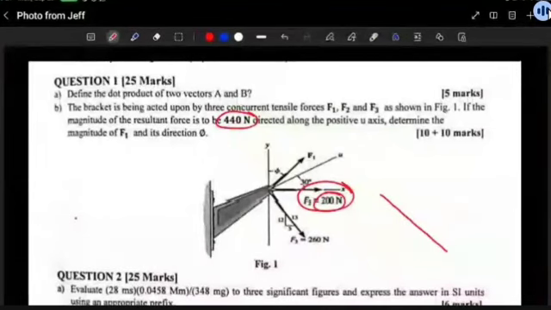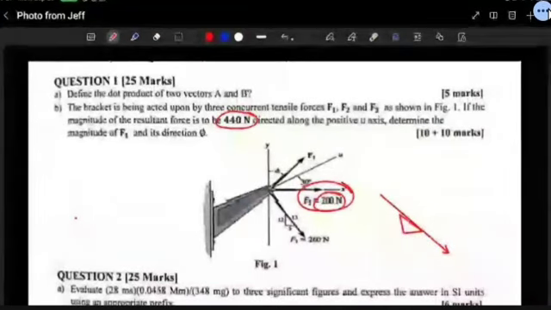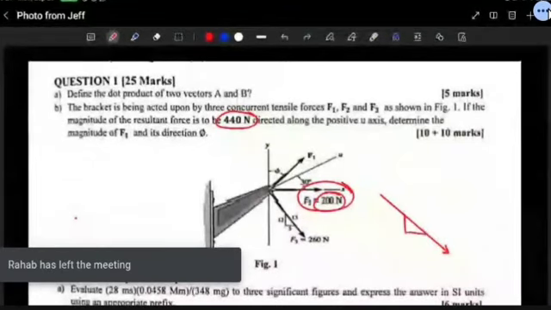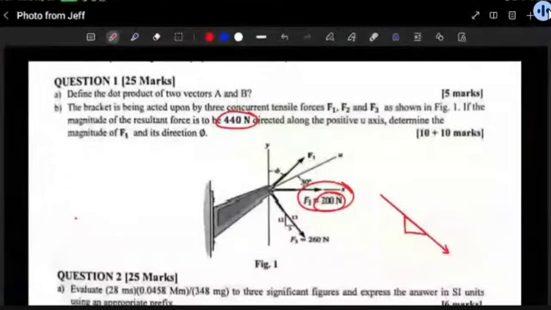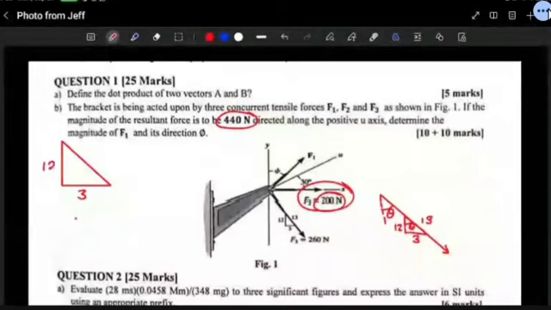Again, F3, we see that they're using that triangle. Seems like they like this approach. So they're giving us a small triangle, and we have to relate it to what is happening elsewhere. So again, we can choose an angle completely up to us. I choose my theta to be here, meaning that I'll relate it to this one here. So this is 3, this is 12, this is 13. So for my small triangle, I have 3, 12, and 13. The angle I'm using is this one here. From here, we see that